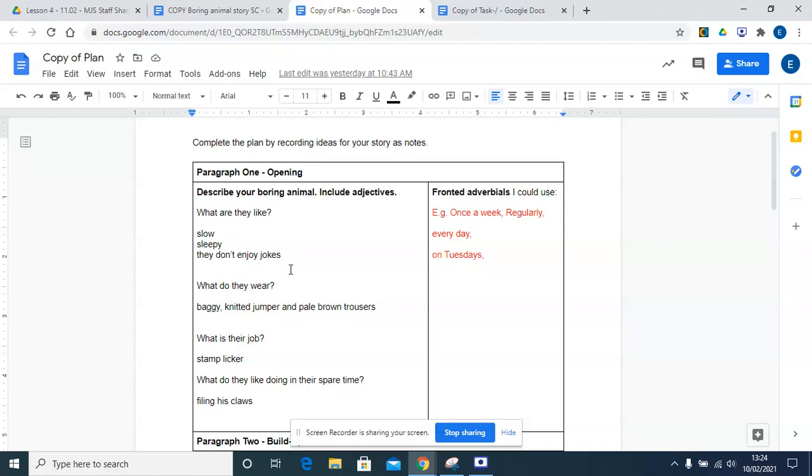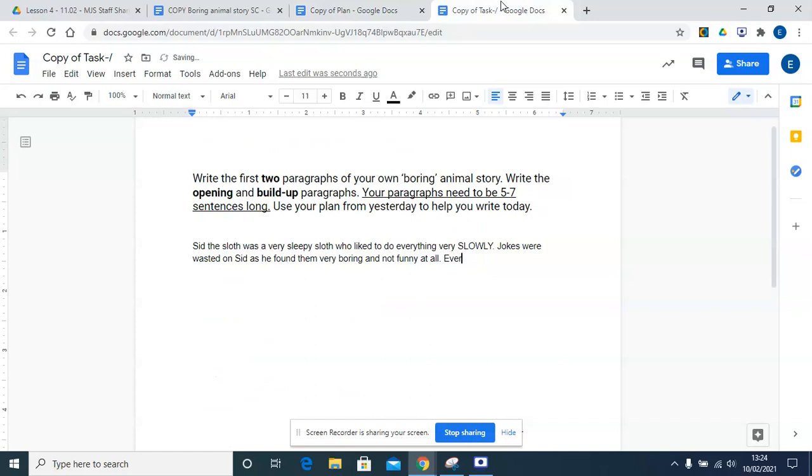So he wears a baggy knitted jumper and pale brown trousers, and he does that every day. So I'm going to start with my fronted adverbial here because that's on my plan. So every day, comma, because that's the end of your fronted adverbial there. Okay. Every day he wears the same baggy, then I'm going to put a comma because I'm listing my adjectives, baggy knitted jumper and a pair of pale